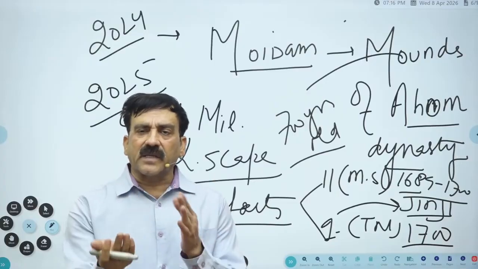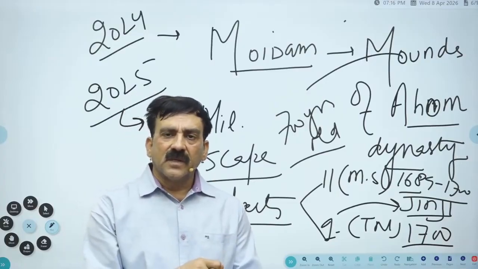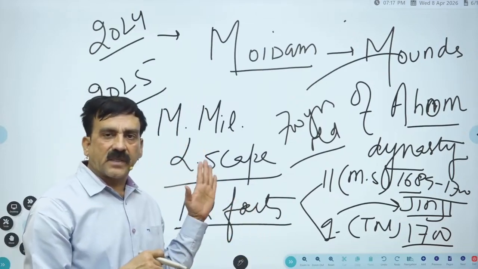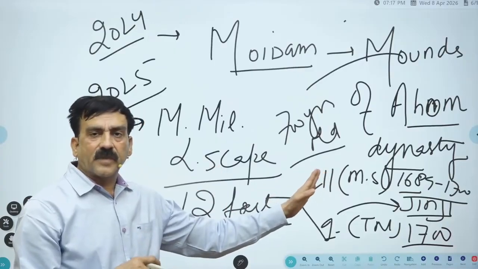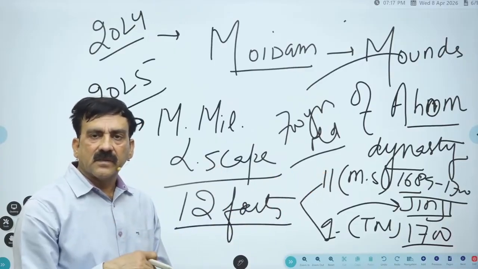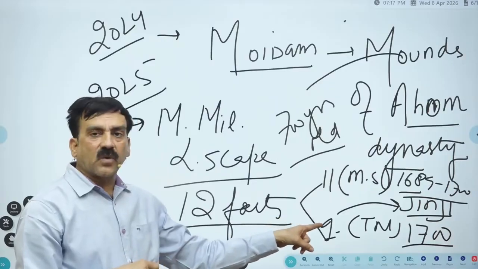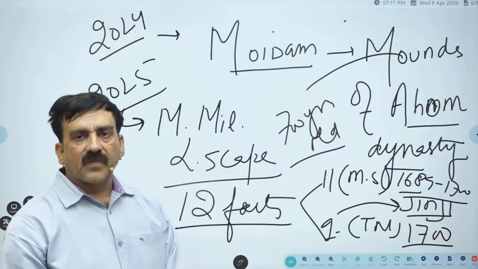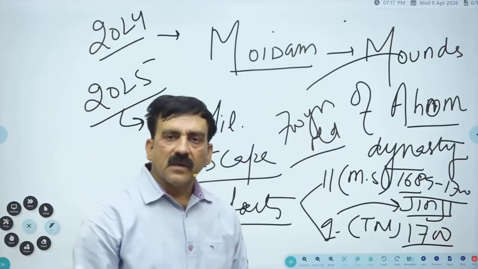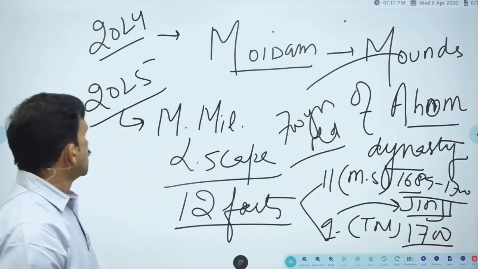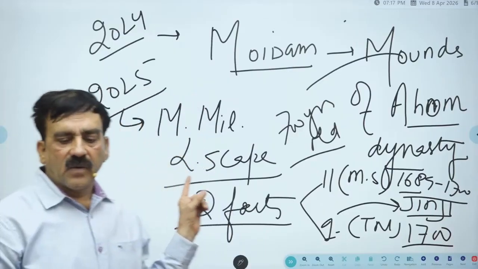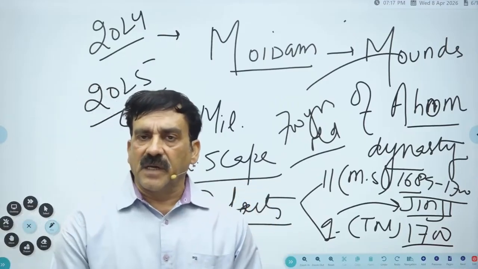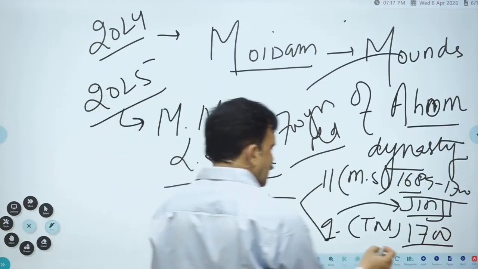So here UPSC can connect the current and static part. These Maratha forts, 12 in number, have now been declared UNESCO heritage sites. 11 are in Maharashtra, for example Shivneri, Raigad, but only one is in Tamil Nadu, that is Jinji. Keep in mind, it was the capital of the Maratha state after the execution of Sambhaji, son of Shivaji. So one point is very clear now: questions of a current-static theme can be asked. This is one example. Another example you can see,